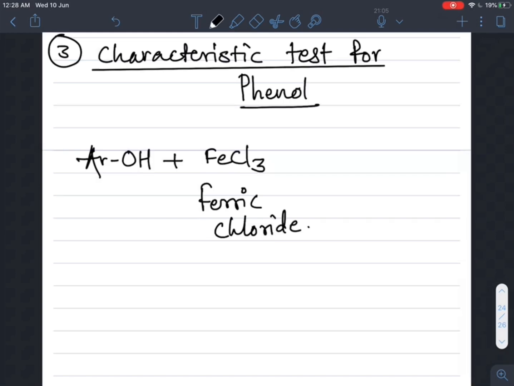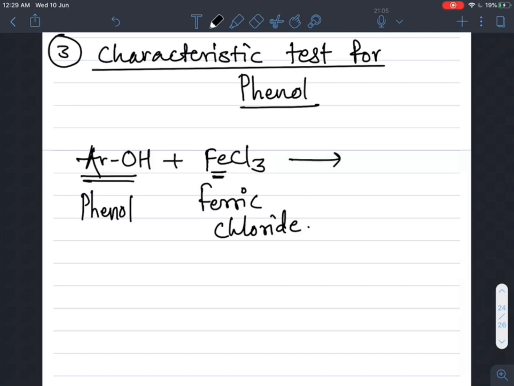This test is very important and many times the question is asked on this test. So when phenol, ArOH, is treated with aqueous neutral ferric chloride, what happens? See, this ArO group is combined with this iron, that is ferric iron, and we get, so the valency